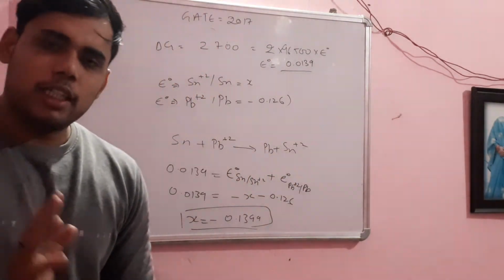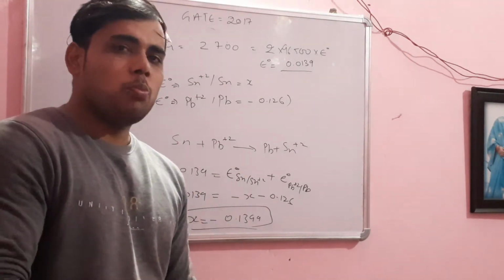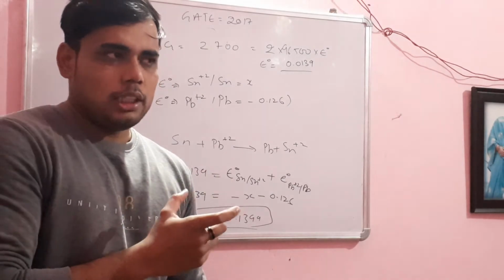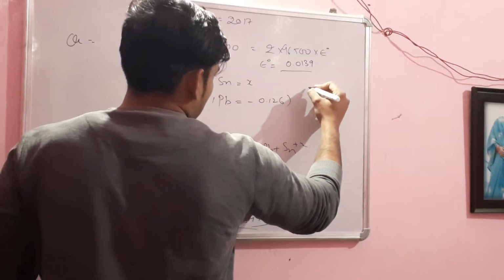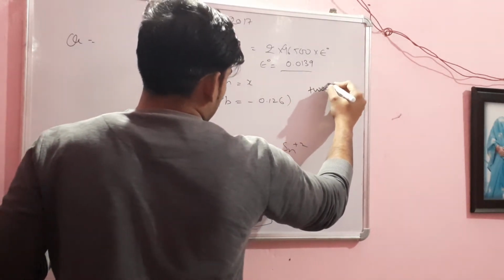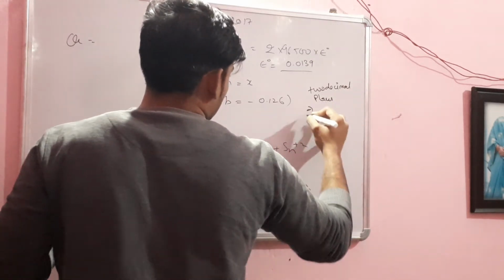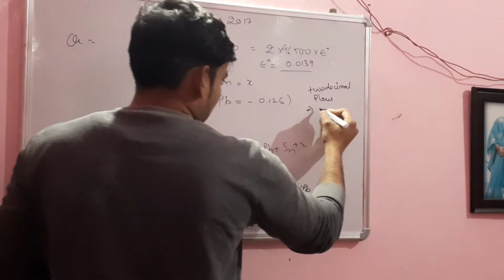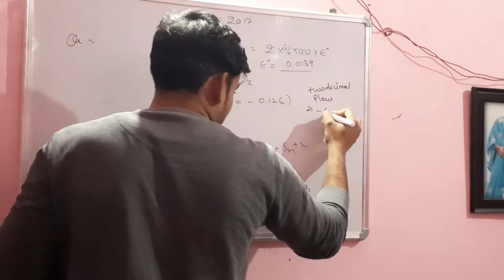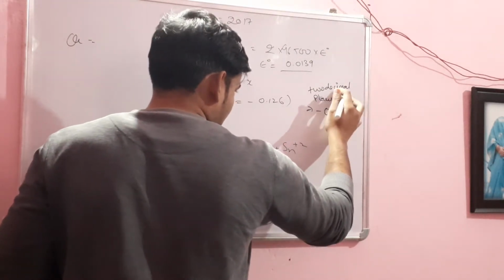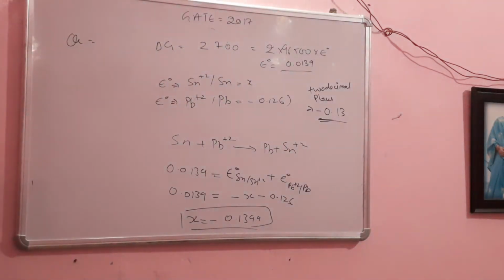In every NAT type question, it is mentioned up to how many decimal places you have to fill the blank. Here in this question you have to fill up to 2 decimal places. So when you are filling up that answer, you need to fill it with a negative sign, of course: minus 0 point, and up to 2 decimal places, that is 13. So that is your final answer.